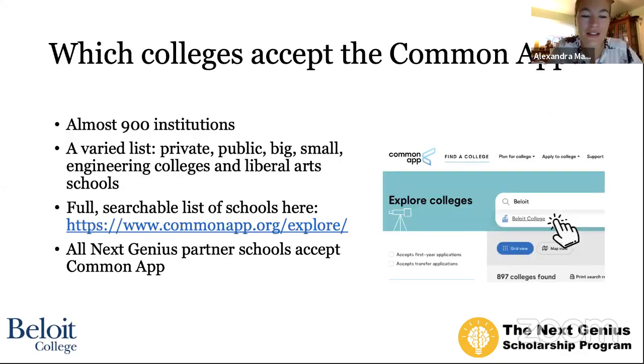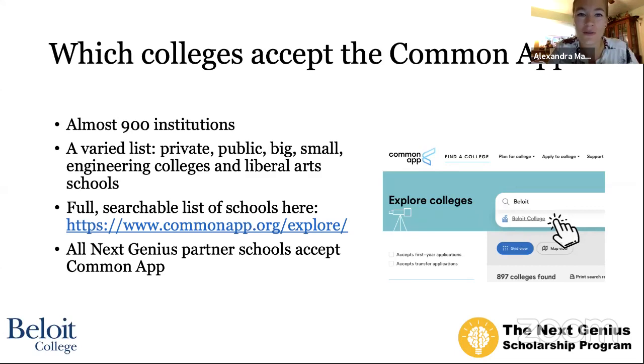So which colleges accept the Common App? There are, as I mentioned, almost 900 institutions across the world, mostly in the US, that accept the Common App. This is a screenshot right off of the Common App website, where I'm showing you how you can search. If you and your families are starting to narrow down the college list, you've got maybe 5 to 10